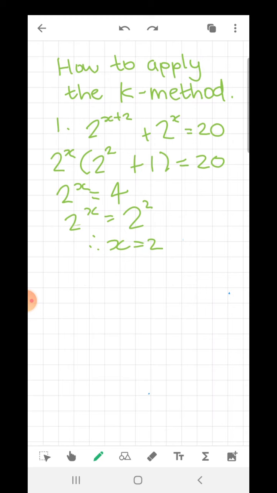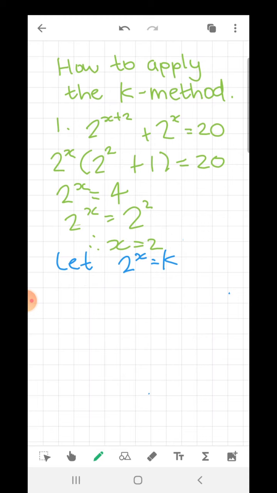So the common missing variable over here is 2 to the power of x, as you can see. So you must say, and this is important, people often forget to say this. They just start using K randomly, but they never said, let the missing variable equal K. And you can lose marks for that because you can't just start randomly using your own stuff. You have to explain why you're doing it. So we say, let the missing variable equal to K, and then the next thing that I want you to